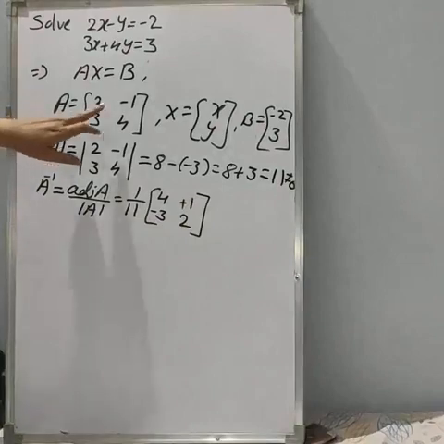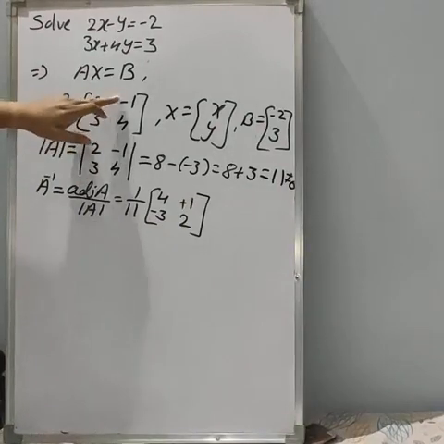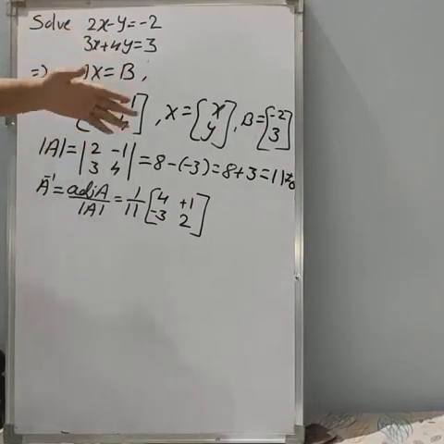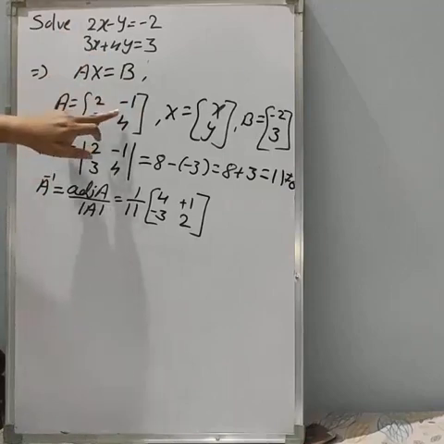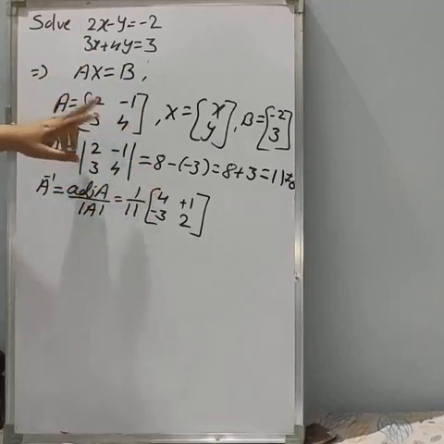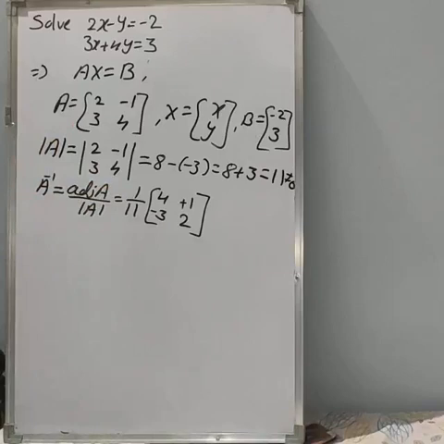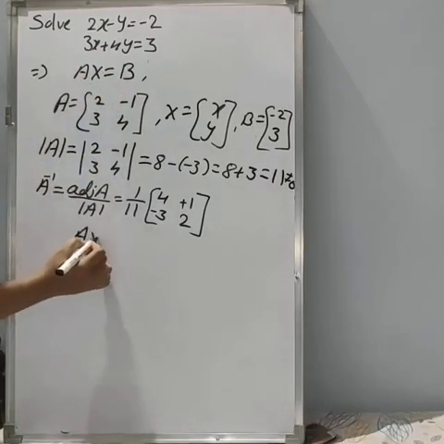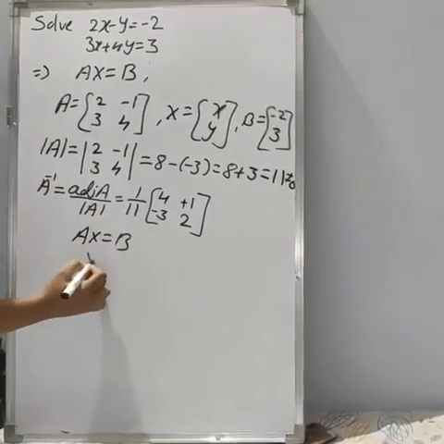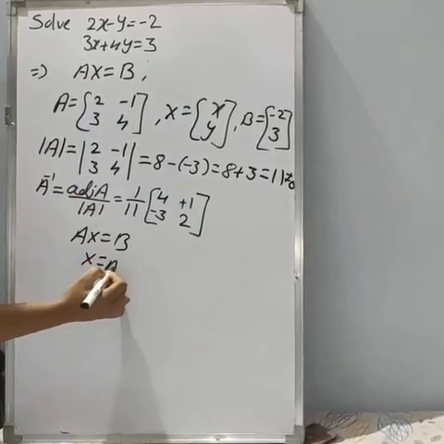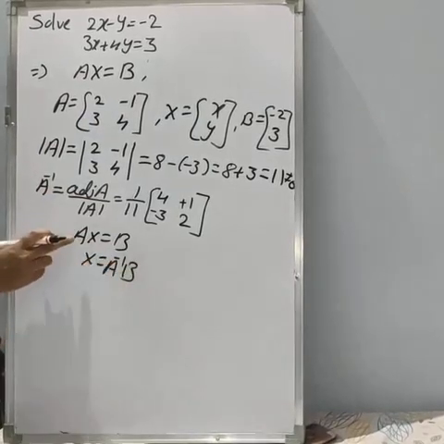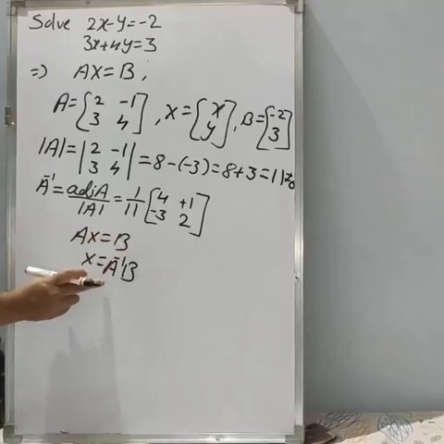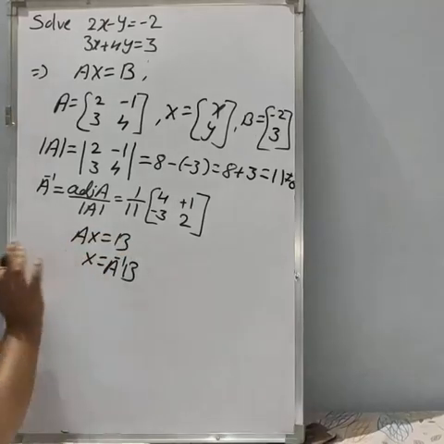Okay. Only interchange these two numbers. Write down these numbers as they are with opposite signs. Meaning if you have minus here, make it plus. If you have plus here, make it minus. Okay. So this is the adjoint of A. Now we have A inverse, we have the determinant of A value. Now again consider this equation: we have AX is equal to B. From that we can write X is equal to A inverse into B, because if you transfer this A to the other side, it becomes A inverse. Okay. Now we have both the values.